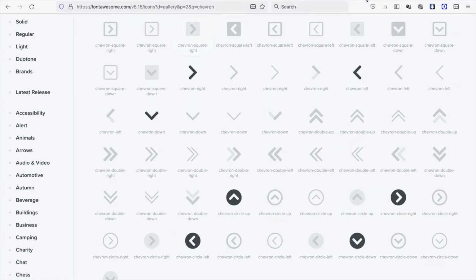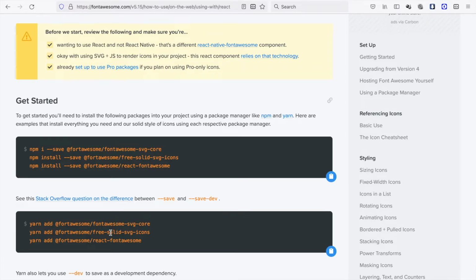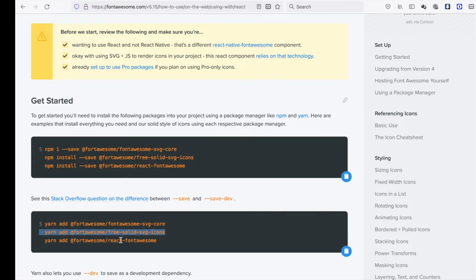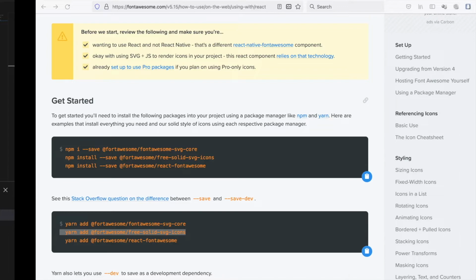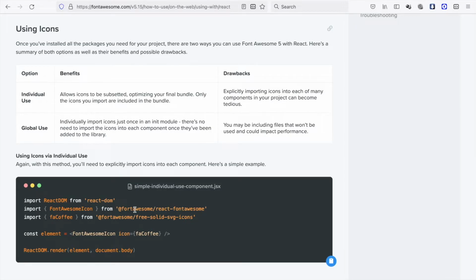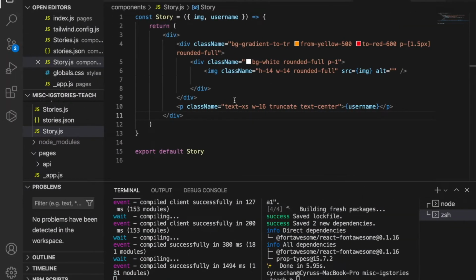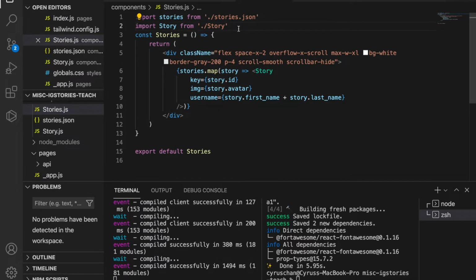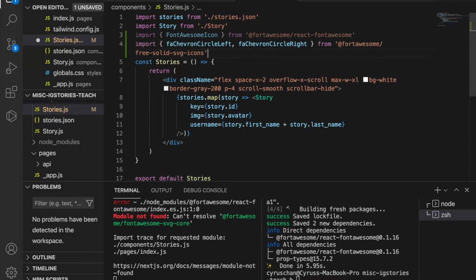So we have to install this by using these two commands. So we copy this and then we paste it to our terminal, and then we also copy this and paste it to the terminal, and then we're going to grab this import Font Awesome, and then we go to the stories, and then we paste it here, and then we import the two icons from the free-solid-svg-icons, and it said we haven't installed the SVG core, so we have to add this,